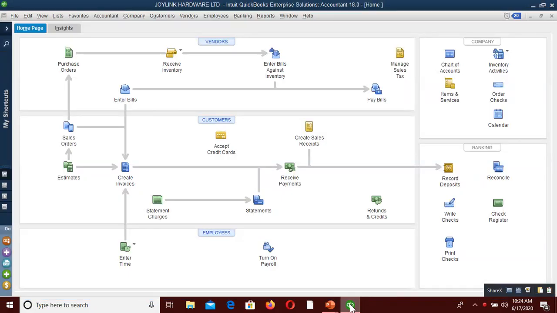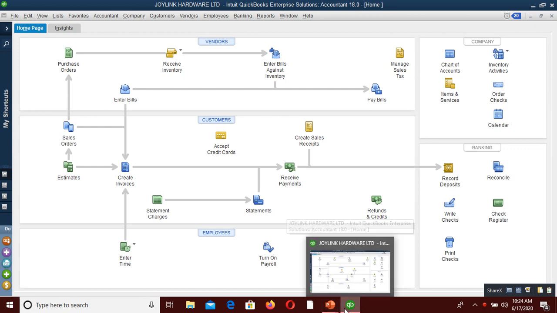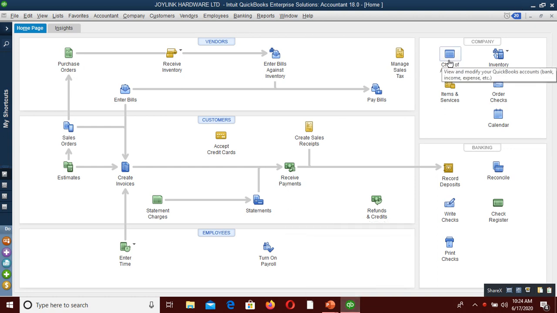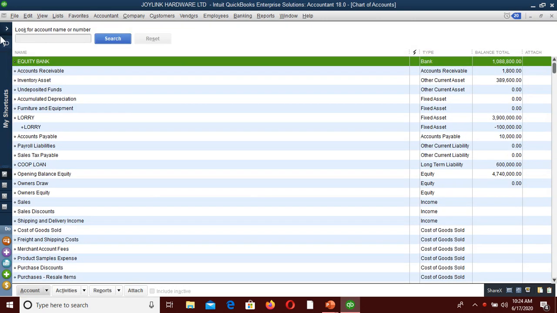So today we are going also to look at checks. A check, we can make payments in QuickBooks using checks, and we can write checks to different accounts. So for example, if you have a pending loan in the chart of accounts, for example, we have our loan which we added as a long-term liability